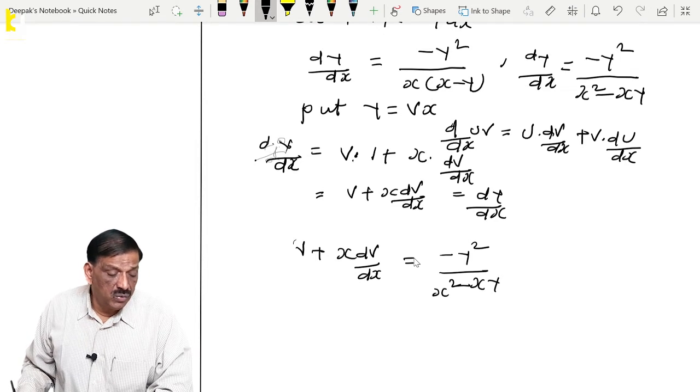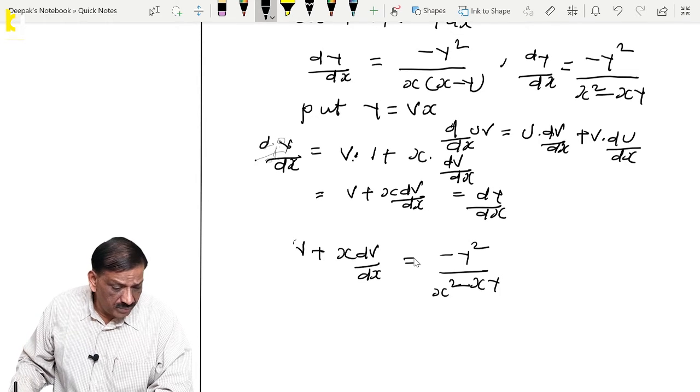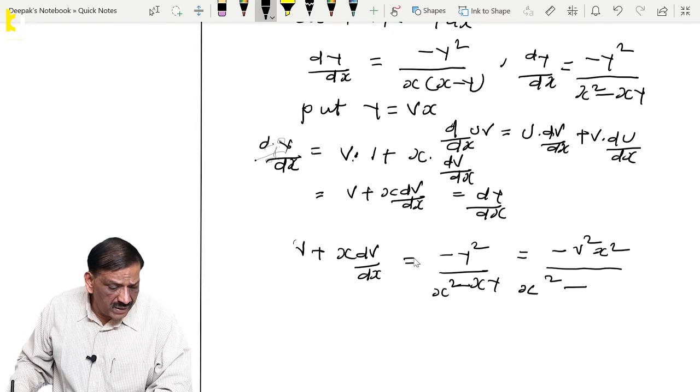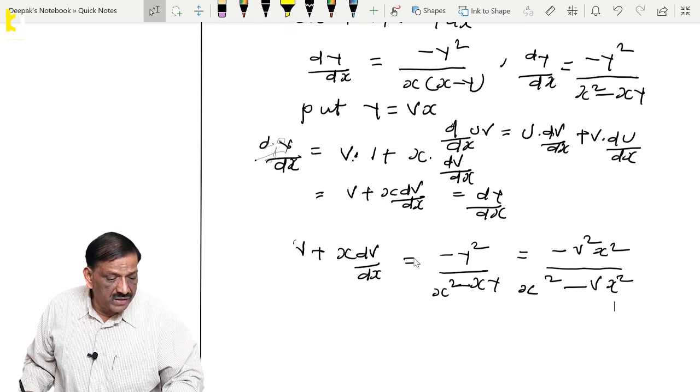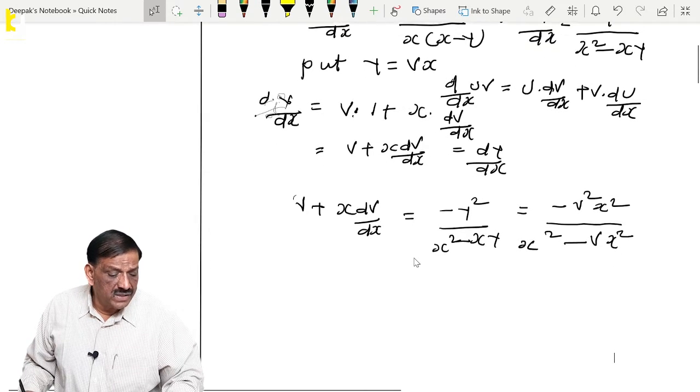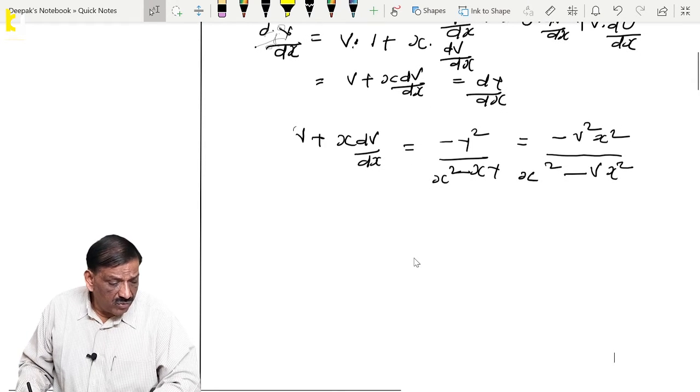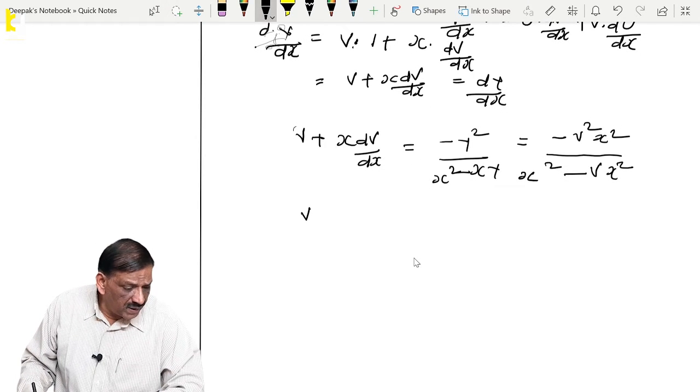We know y equal to vx. So this is equal to minus v square x square divided by x square minus v x square, because y is equal to vx. Therefore, v plus x dv by dx